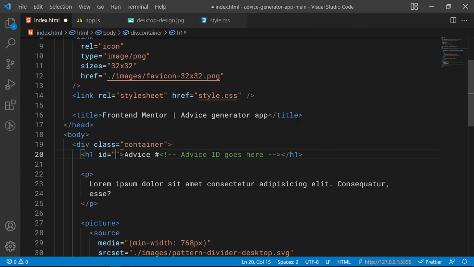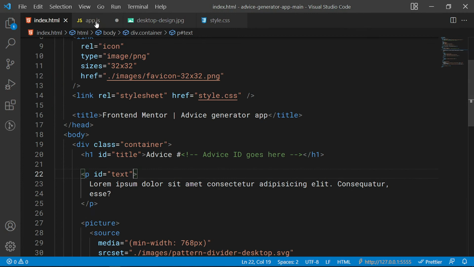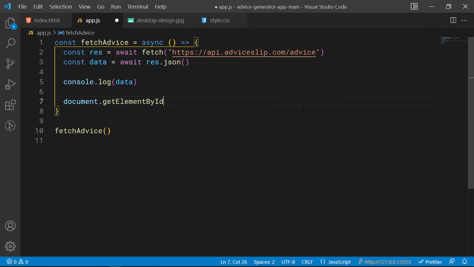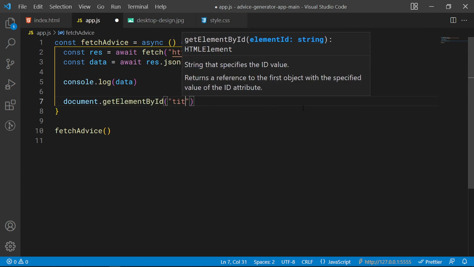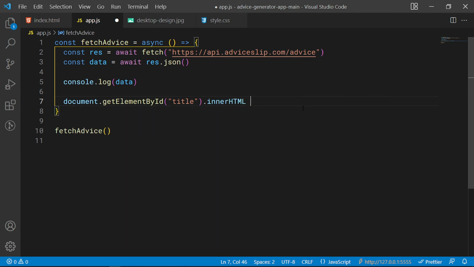I know I used classes in my repository, so let me give this an ID of title, and then let's give this paragraph an ID of text. Okay, so right after this console log, I want to grab the title, the h1, and the paragraph. So I'm going to say document.getElementById, and I want the title, like so, and I'm going to say .innerHTML equals to